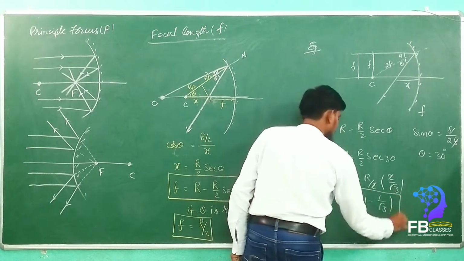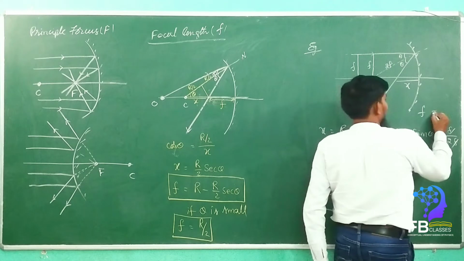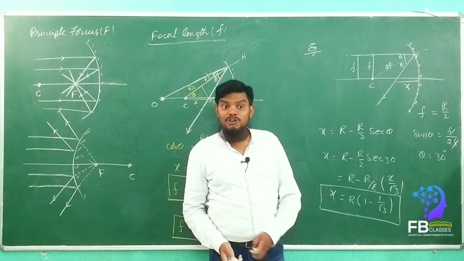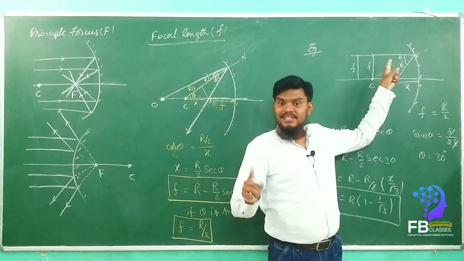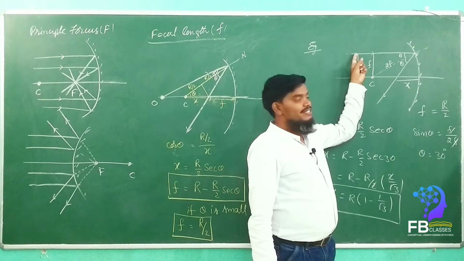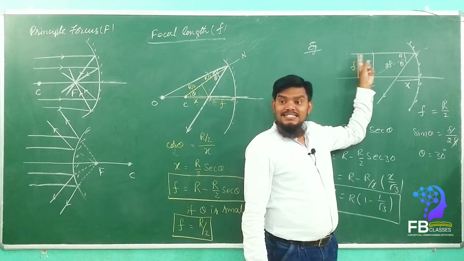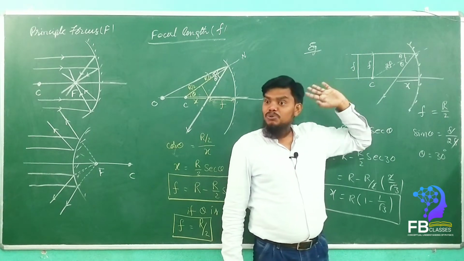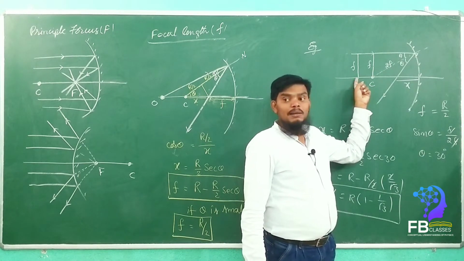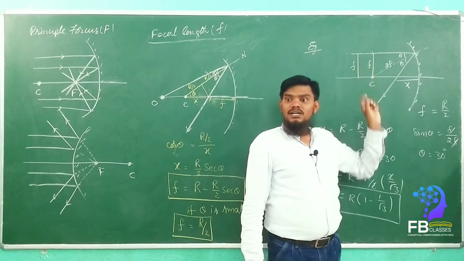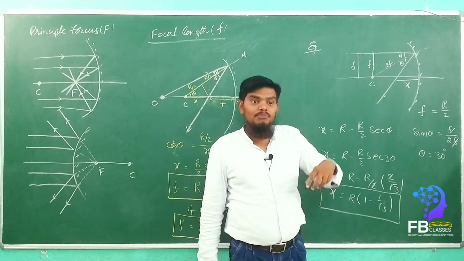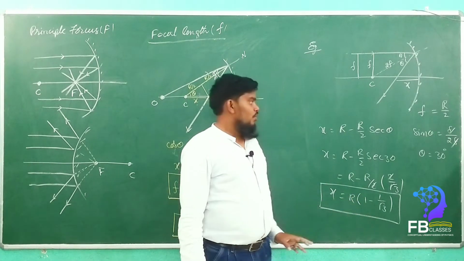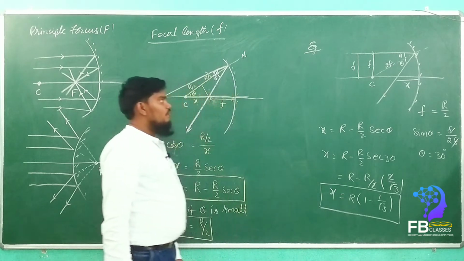This is the value. But most of the students, in the AIIMS examination, directly wrote the f value as r by 2. But that is not correct. Why? Because he did not mention that it is a paraxial line. He says very clearly that the parallel ray is coming f length above the principal axis, from the principal axis. So this is the value. Are you getting my point? Yes, sir. So can you please make a note of it, then we can go further.